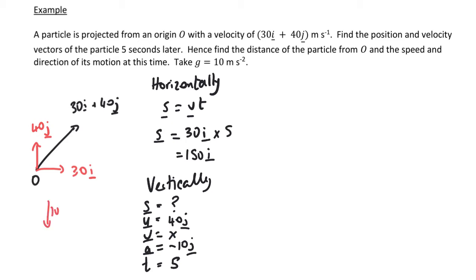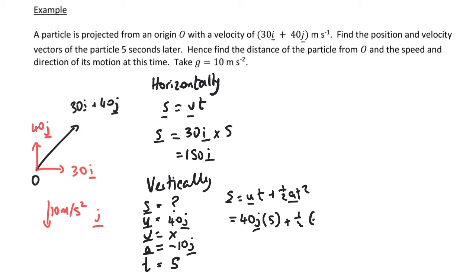So we know it's 10 meters per second squared down, and because it's a vertical motion then it's going to be J. So it would be minus 10 then. So our equation then is going to be S equals UT plus a half AT squared. So the initial velocity was 40J times 5 plus a half of minus 10J times 5 squared,